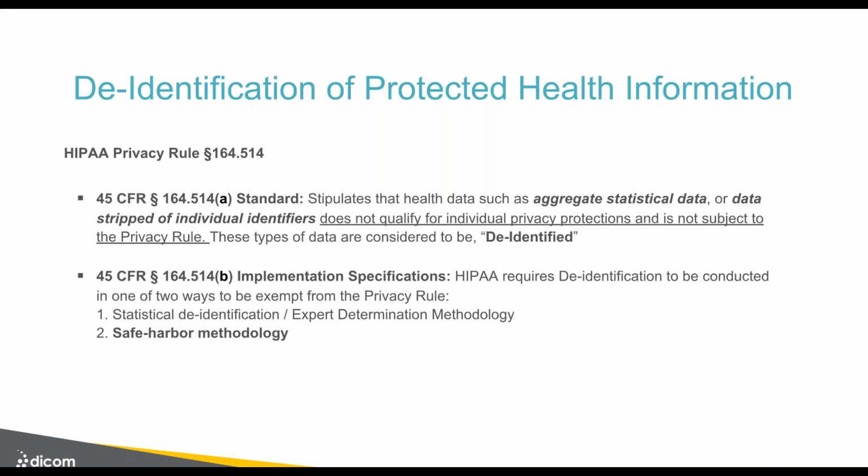possibility. So in this rule, there are some provisions that say, in some cases, you can be exempt from the privacy rule. And the exemptions would be if you're able to, there's a couple methods. One, you have data in an aggregate statistical data format with an expert handling that. Less common. The more common is to have the data stripped of individual identifiers. And once you strip them of these identifiers, then it's considered to be de-identified. So we're going to talk about that secondary method where you strip the identifiers, and that's considered the safe harbor